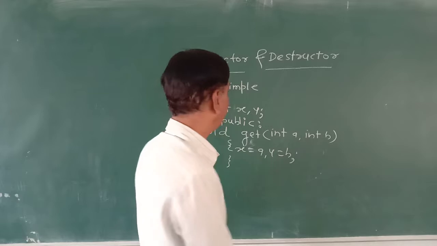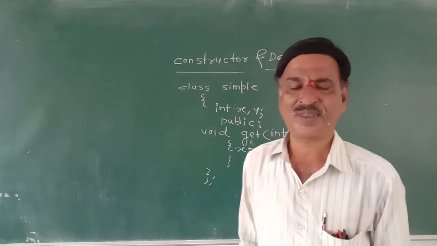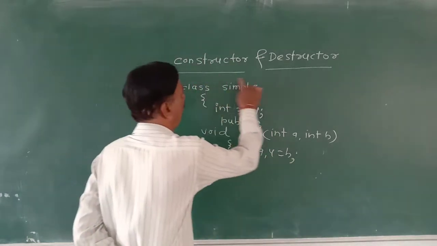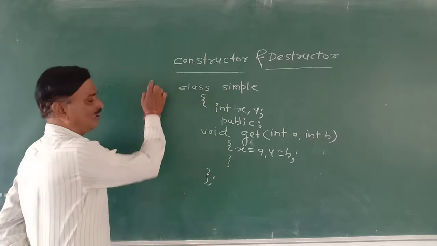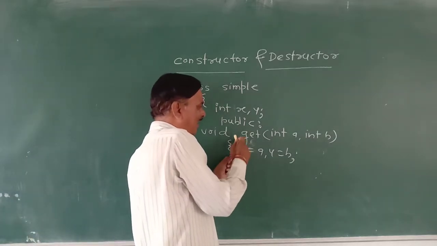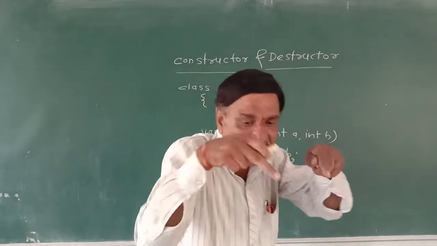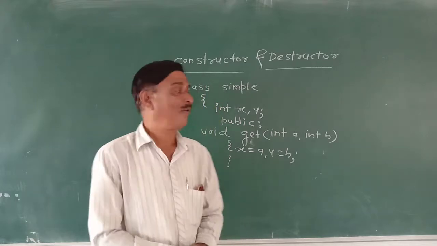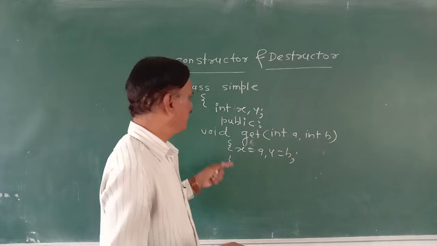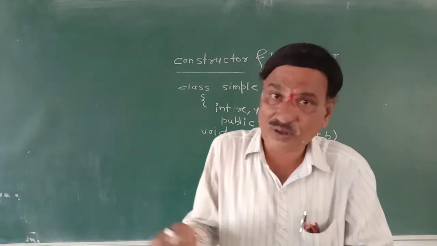These a and b are given to x and y. Look once again. x and y are private members. That's why they cannot be accessed from outside the class. They can be accessed from within the class. That's why you see x is accessed by the get function, and y is also accessed by the get function, whereas get is a member of the same class. Why? Because x and y are declared under the private section, they are not public. But why is the function declared under the public section? It was compulsory.